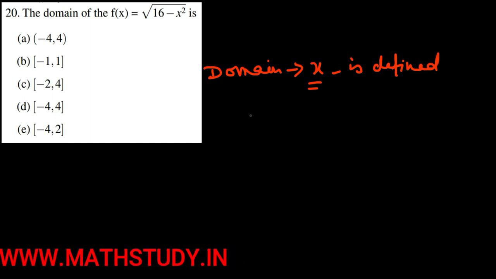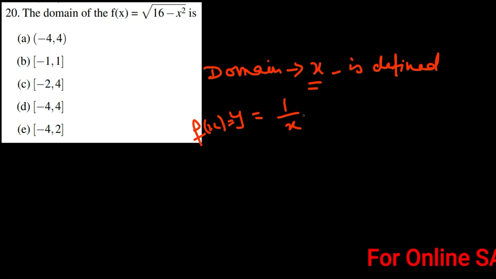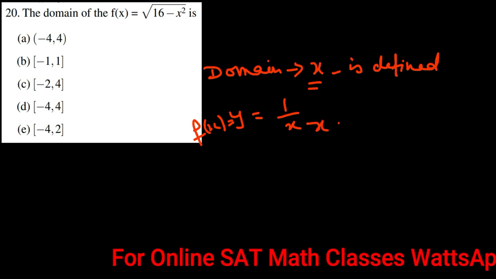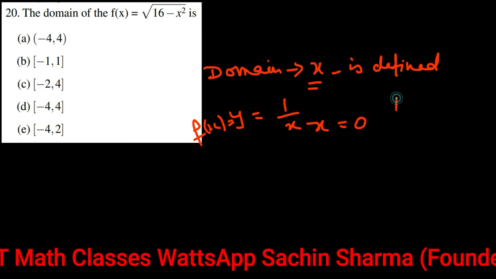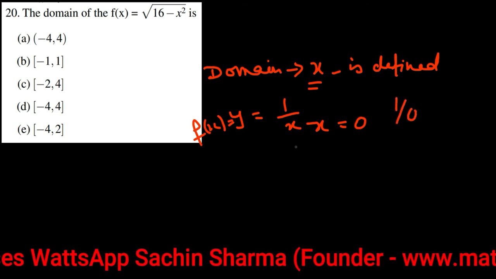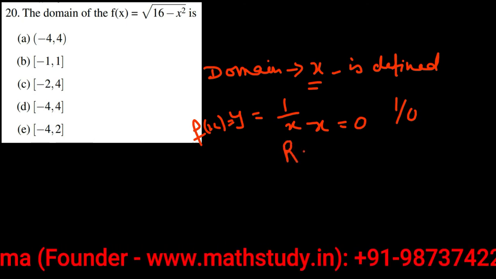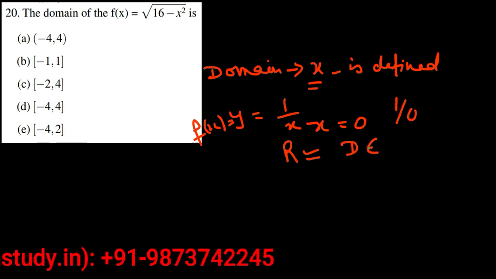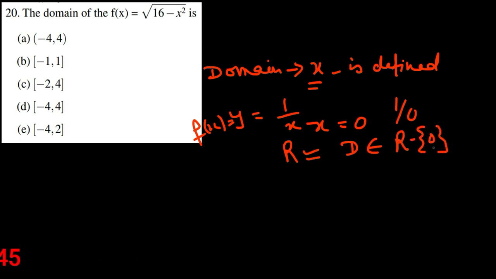Let us take a small example here. Let us say we have a function, y is equal to 1 by x, or f of x equals 1 by x, right? So what will be the domain in this case? Here we can see that if x equals 0, then this function is not defined. The function will become 1 by 0, and if we put any real values here, let us say R, then the function is defined except 0. So we can say the domain belongs to all real numbers except 0 here, right?